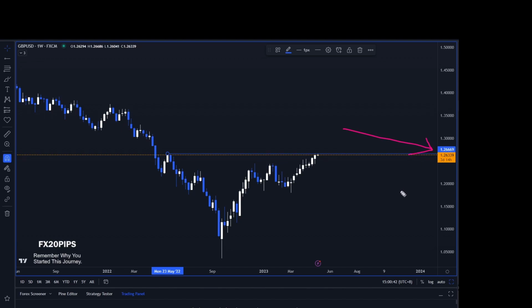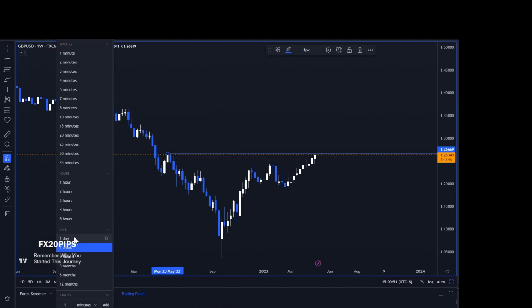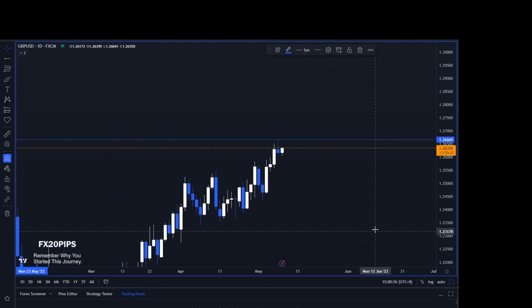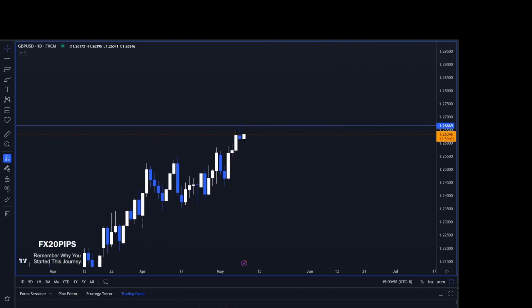There about, right? If you go to the daily, okay, what happened yesterday? Yesterday, the price reached a little bit on top there, crossed 1.26669, and it came back